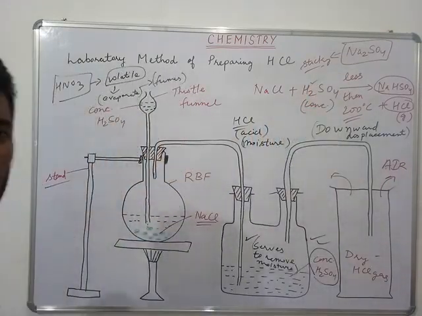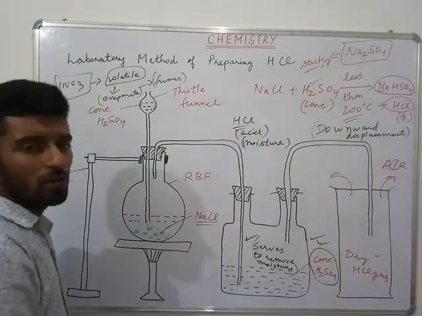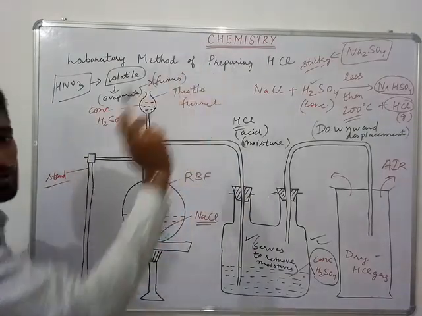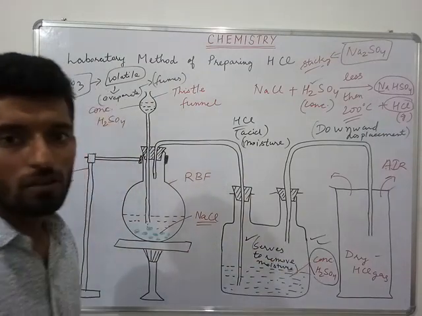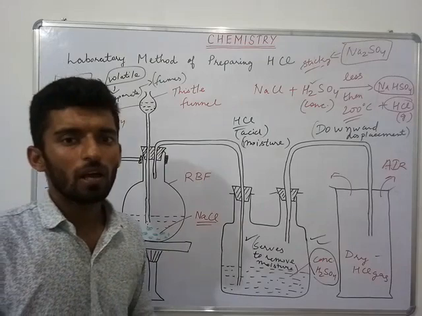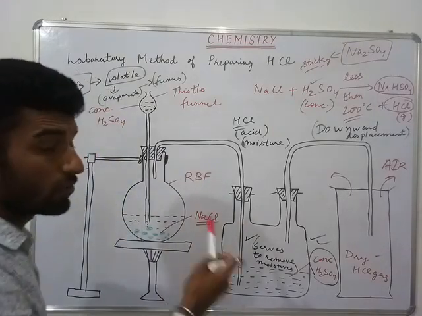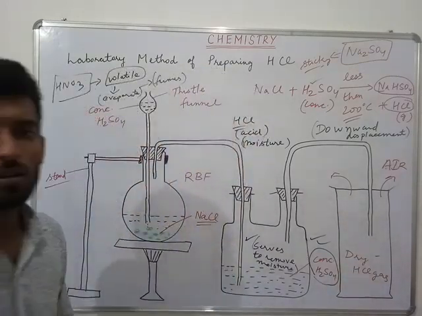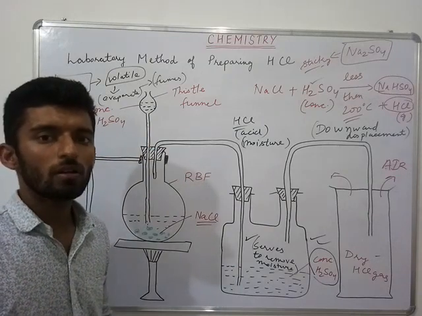Next question is, why is temperature kept less than 200 degrees Celsius? The reason is, if the temperature is increased, there is formation of Na2SO4. Third, why do we use concentrated sulfuric acid only to dry HCl? Because it is also acidic and HCl is also acidic, so they do not react. Only moisture is removed. And which method is used? The upward displacement of air, or the downward method. Clear? Okay.